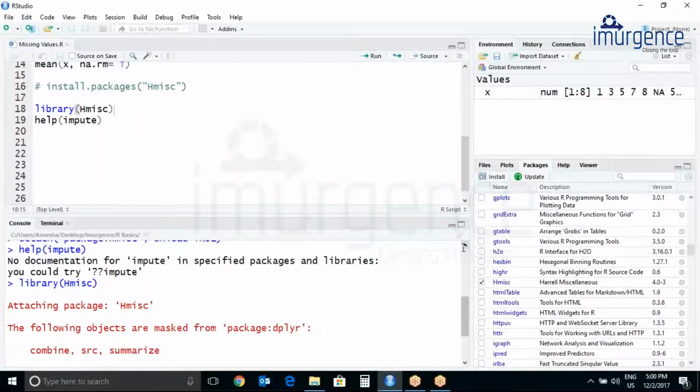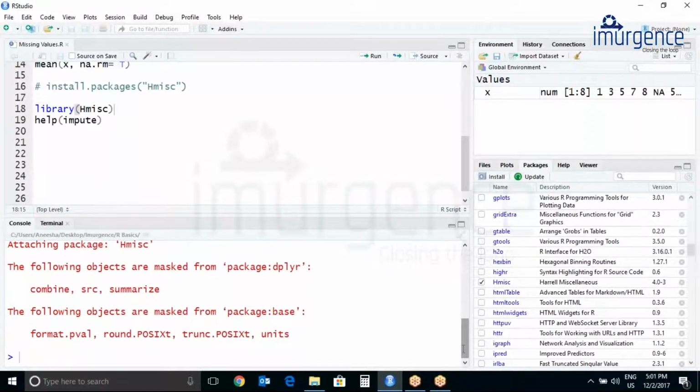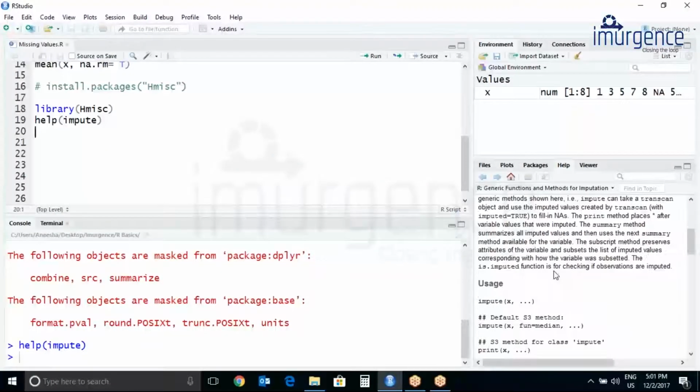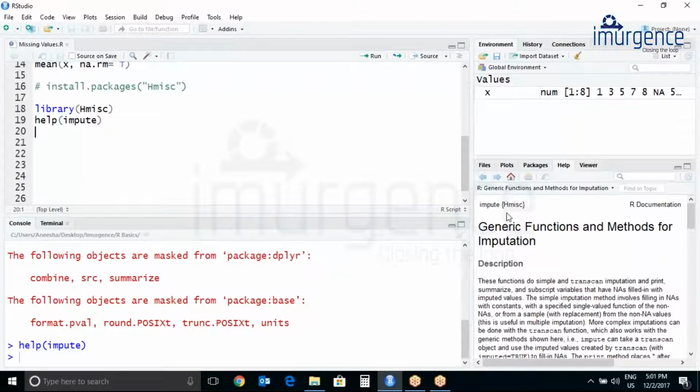It may take some time to start. This is just some extra information, no such errors over here. So don't be scared if you get messages like this. Now we can check the impute documentation.